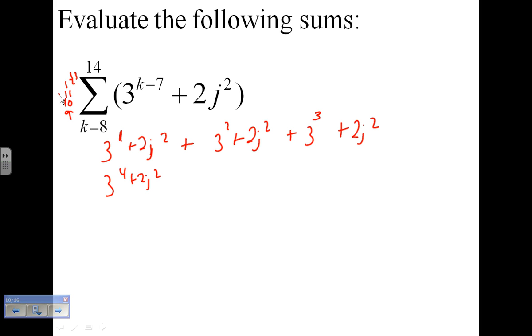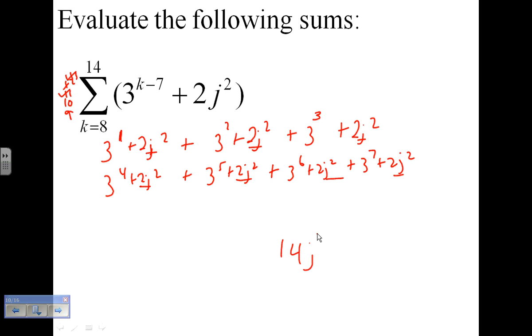That's what happens when you put in 11, plus 3 to the fifth plus 2j squared. That's how you do 12, plus 3 to the sixth plus 2j squared. That's how you put in 13, plus 3 to the seventh plus 2j squared. So all these 2j squareds are going to add up. 2, 4, 6, 8, 10, 12, 14. That's what I got. If I'm off, let me know. I'll fix it. And then as far as the numbers go, it's 3 plus 9 is 12, plus 27 is 39. So this first part is 39,